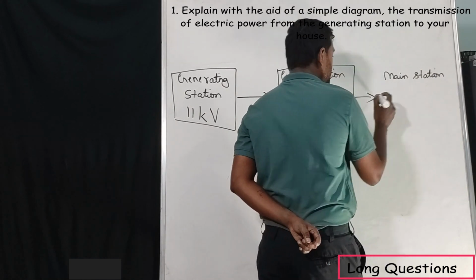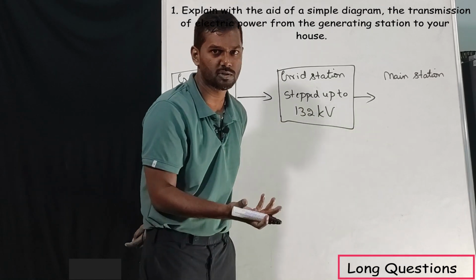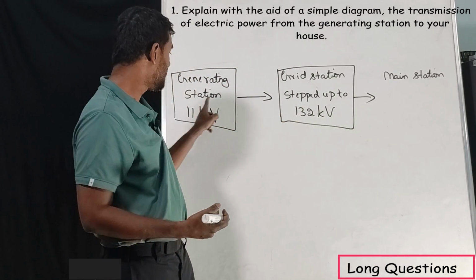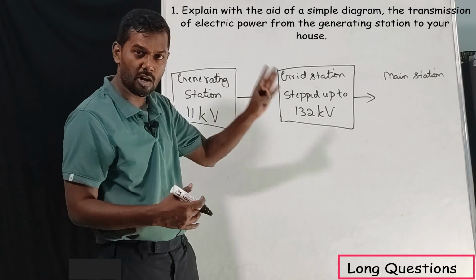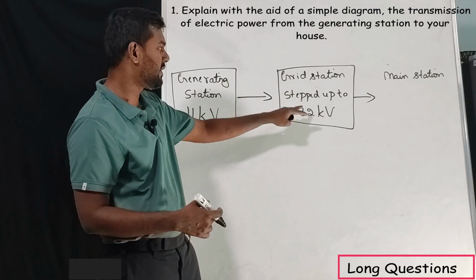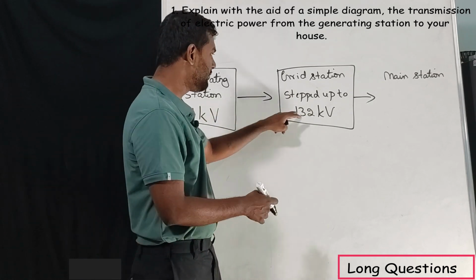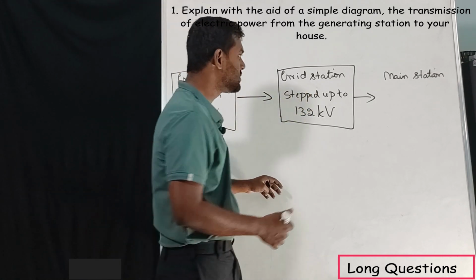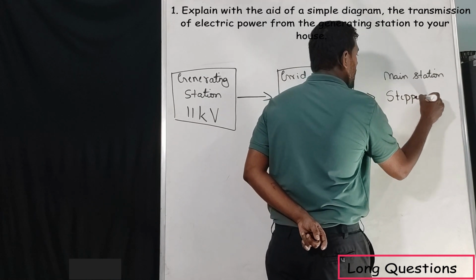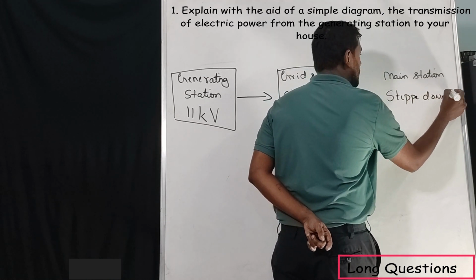We don't require 132 kilovolts. Why do we have to increase it to 132 kilovolts from 11? We know there will be a loss, and that should not happen with the 11 kilovolts. That's why we are stepping it up. And we don't require 132 kilovolts, so now it is stepped down to